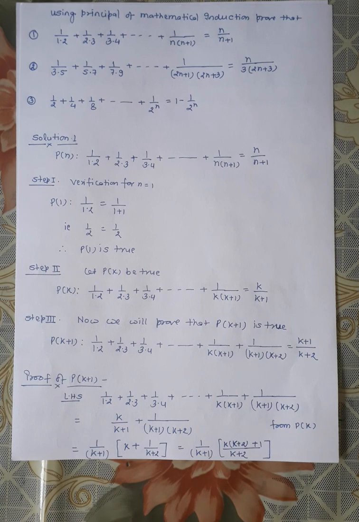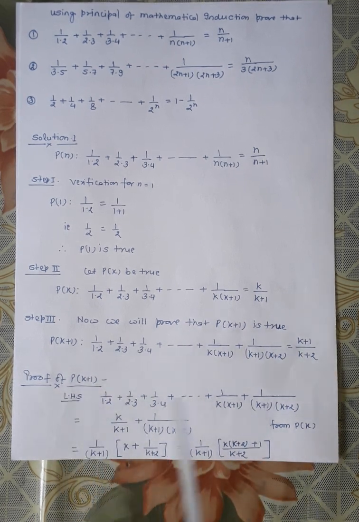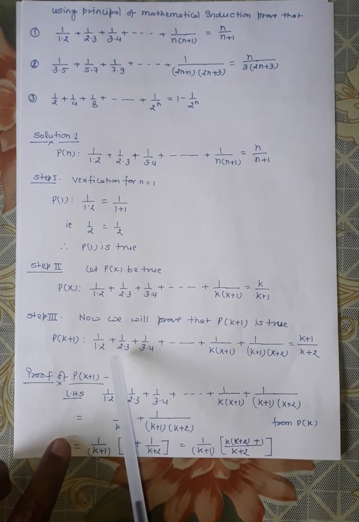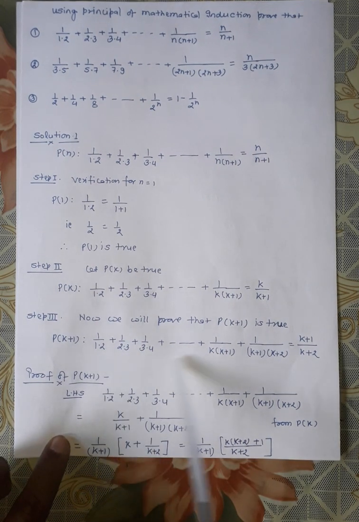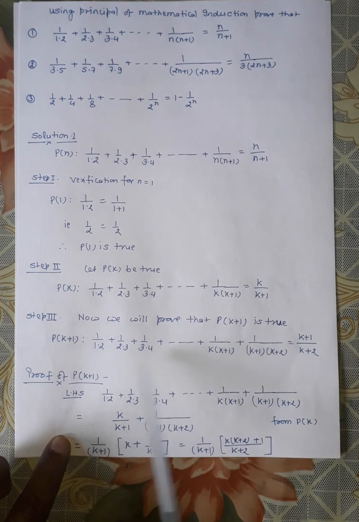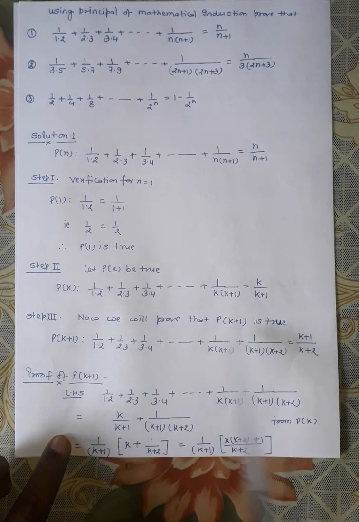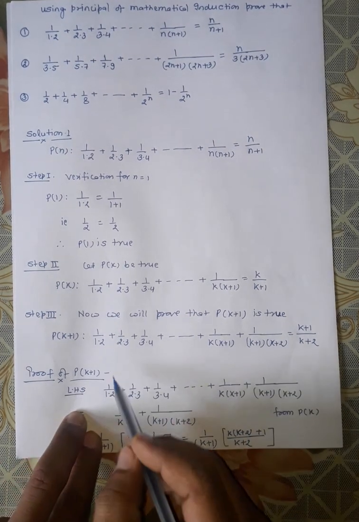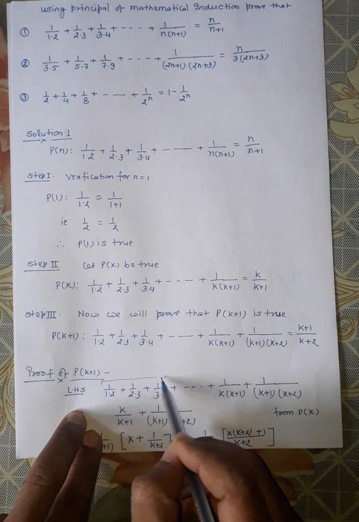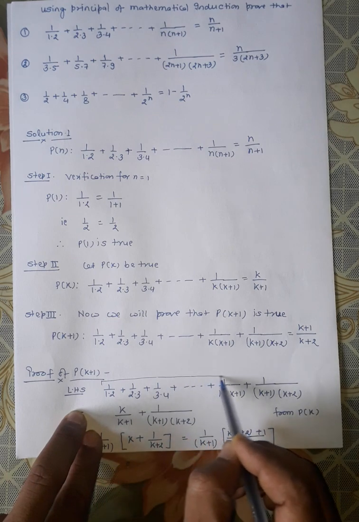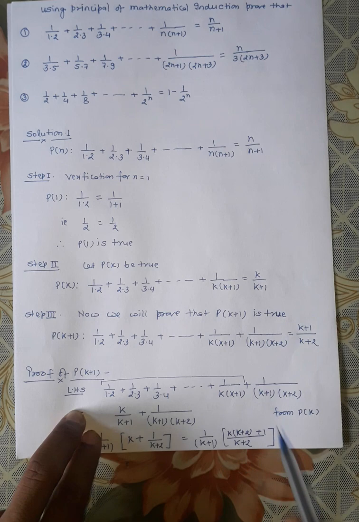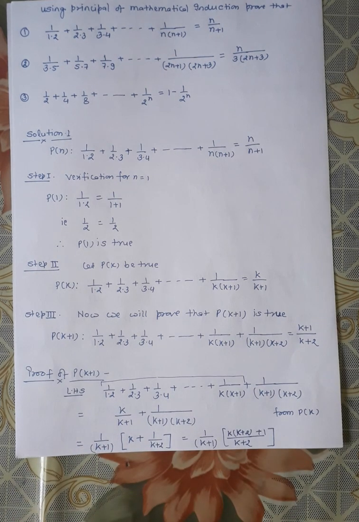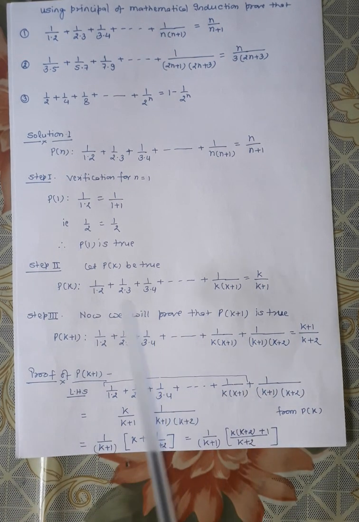Okay. Now our P(k+1) is completed. Now we will prove this. Our work is not complete. Only our P(k+1) has been written here properly. Now the proof of P(k+1). You are observing that in P(k+1), two sides are there, the left hand side and the right hand side. So you take the left hand side as I did, and you observe, starting from the first term until before the last term. If we observe this, then we get that this is our P(k).